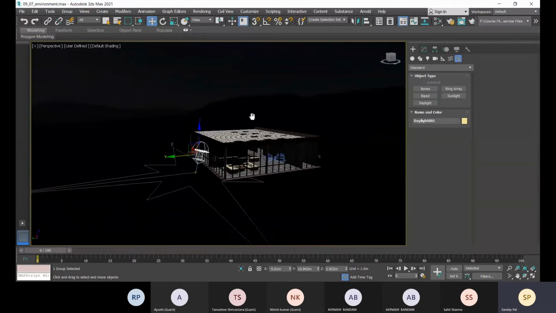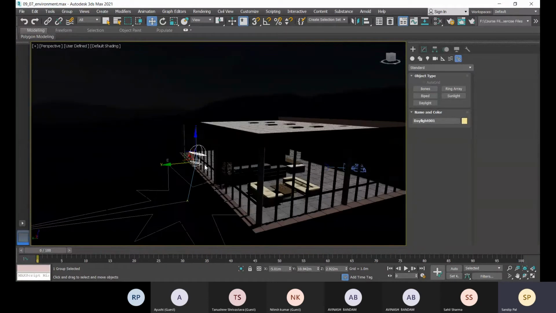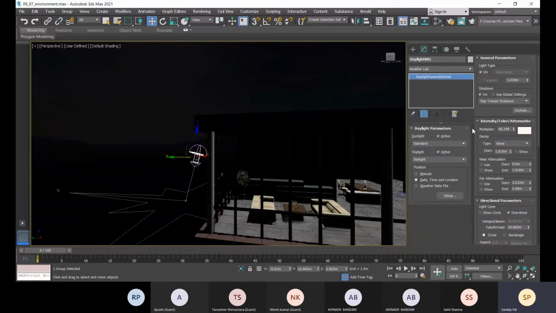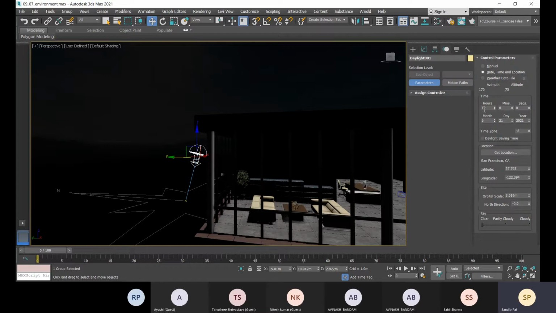So according to this sunlight, you will get the option. So after selecting it, you can change that, if it is date, time, and location you want to set, so that you can choose this position. So according to that, you have to mention the date and go to the setup, and then you can specify the date. Okay, and the time zone, the location, these things you can set.